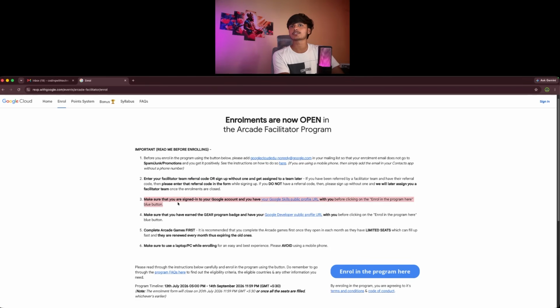Then make sure you have signed into your Google Skills. In the prerequisites we have opened the skills.google and we have made our public profile. So we need to make sure that it is public. And then they also mentioned that make sure you have earned the gear program badge, and we have done it. And they told us to complete arcade games first and make sure to use the laptop or PC. So since we are all done, just click on enroll in this program